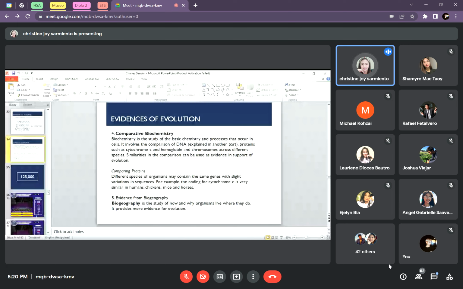Then, panghuli is evidence from biogeography. Biogeography is the study of how and why organisms live where they do. It provides more evidence for evolution. So, biogeography is basically the geographical distribution of different organisms, of plants and animals around the world. So, yun yung pinag-aaralan po dyan, the distribution of